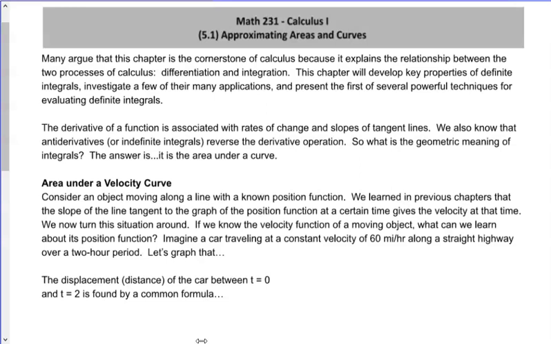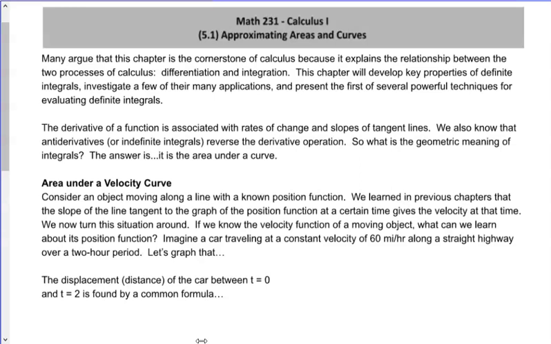Welcome to Chapter 5 of our calculus journey. We had just looked in Chapter 4 at applications of derivatives, and the very last section of Chapter 4 is going to be so important to us on how you take an antiderivative here in Chapter 5. So we're going to start by doing some